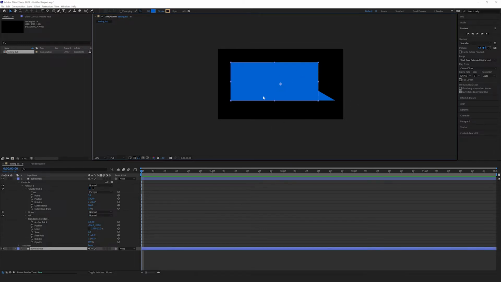The last thing I'm going to do before I move on, we're going to pre-comp this, but before I get to that, I'm going to hit Y, which will bring up the wonderful pan behind tool. You can also use it up here. I'm going to grab my anchor point of my rectangle. I have my rectangle, my bubble base selected. I'm going to grab that anchor point,